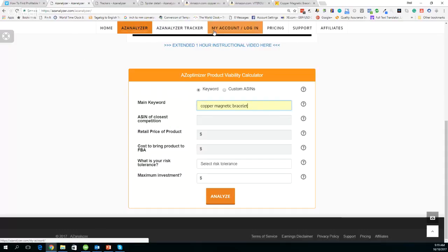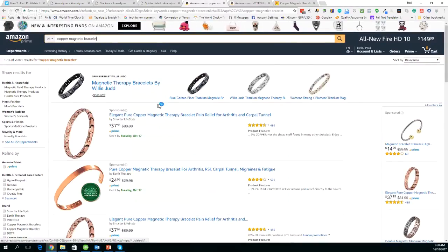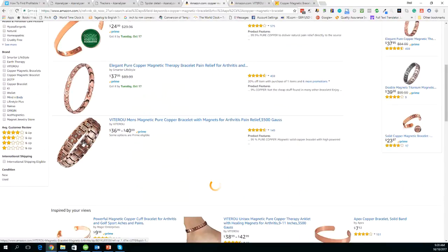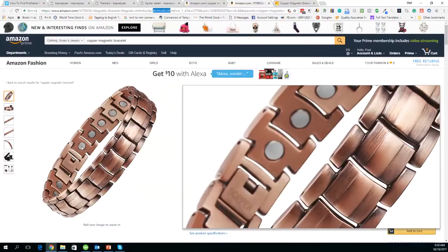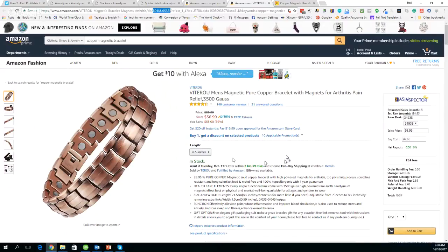So I've already got Amazon open. I've got in copper magnetic bracelet. So I'm just going to scroll down and let's have a look at this one here. I quite like that for me being a guy. That's a little bit bigger than this smaller one here. So I'm just going to open this up, which I have done over here. So that looks pretty cool. It's got the magnets in the back. It's copper. Yeah, it looks good. I like it. I'm going to go with this one. So what I do now is